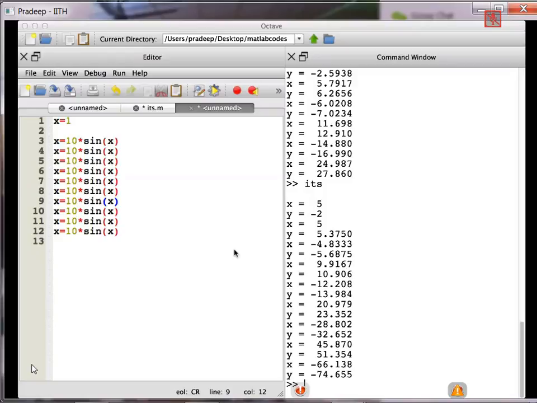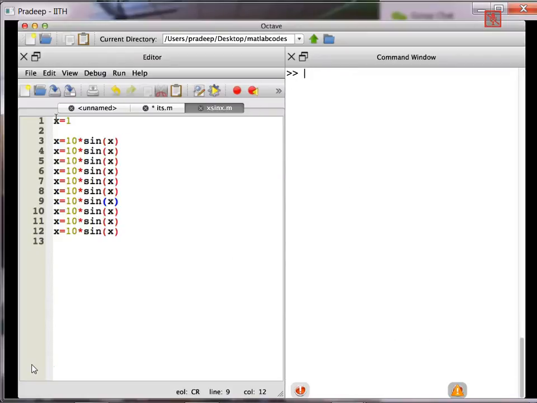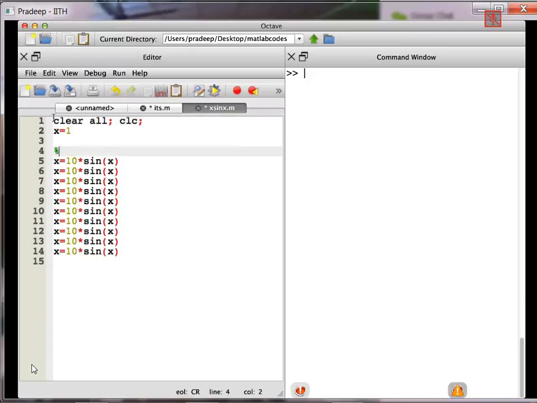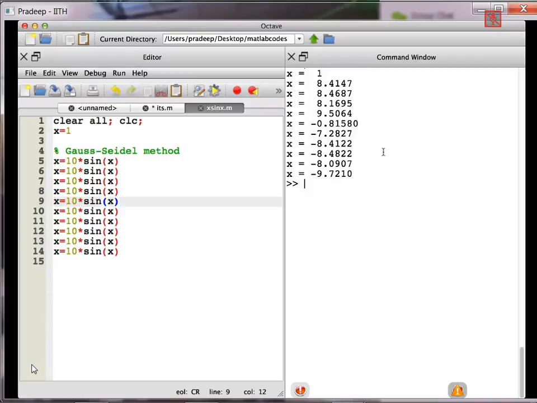So in the first line I'll say clear all, CLC, and here I'll say... So now if I solve this, the value of x is used and the calculation is done, stored in the x. Again the same value is used, one more calculation, again stored in the x, and so on. So now if I execute this, on the right side you are able to see the solution. Again, I don't know, we are getting a wrong answer today.